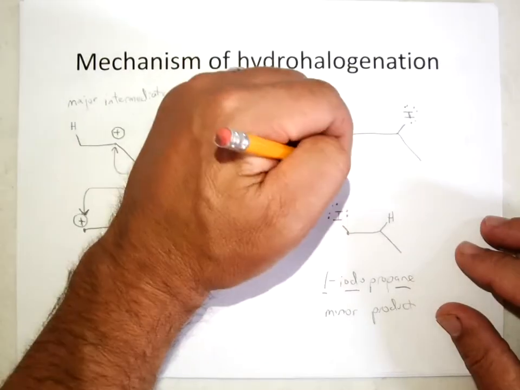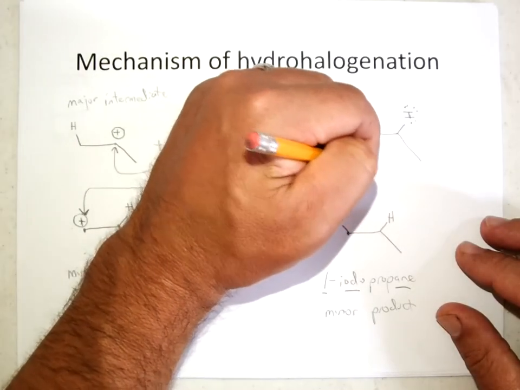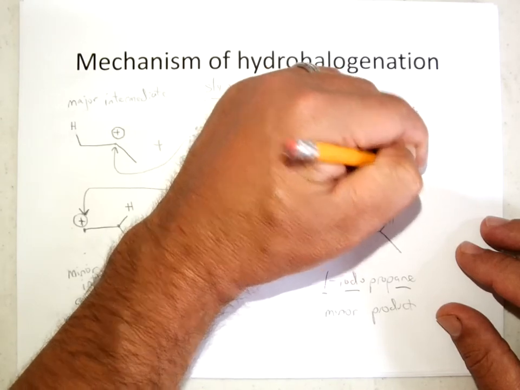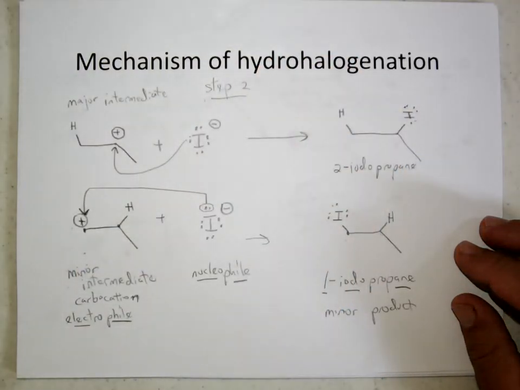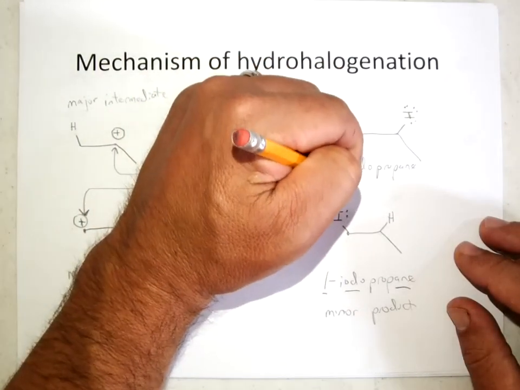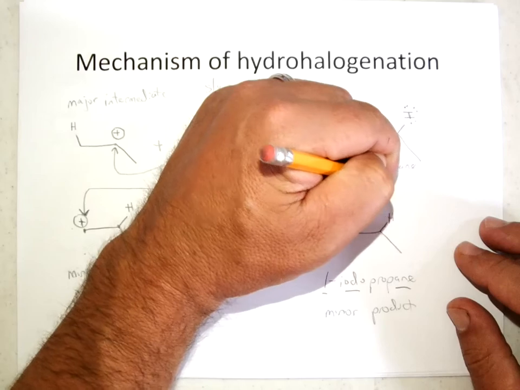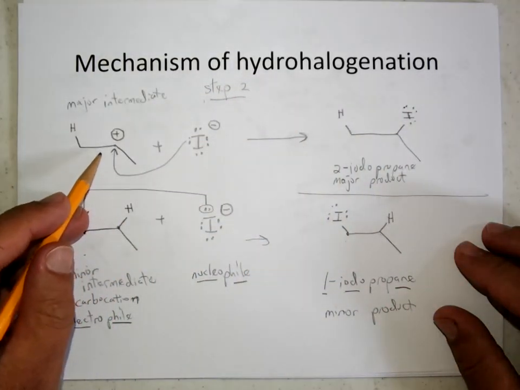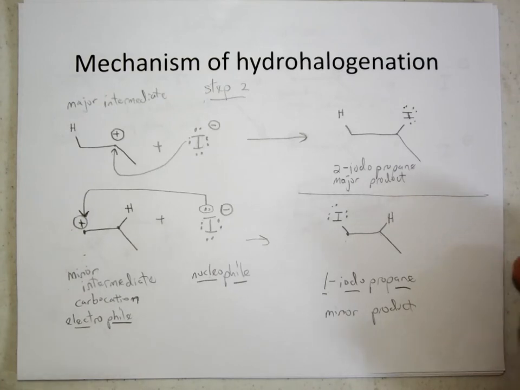And in this case, though, we would get the 2-iodopropane, where the iodine attaches to the secondary carbon, and that's favored. This will be the major product, because the secondary carbocation was more stable, so we get more of that. So that would wrap up the mechanism, and we would get more 2-iodopropane and less 1-iodopropane, but both would be products of this